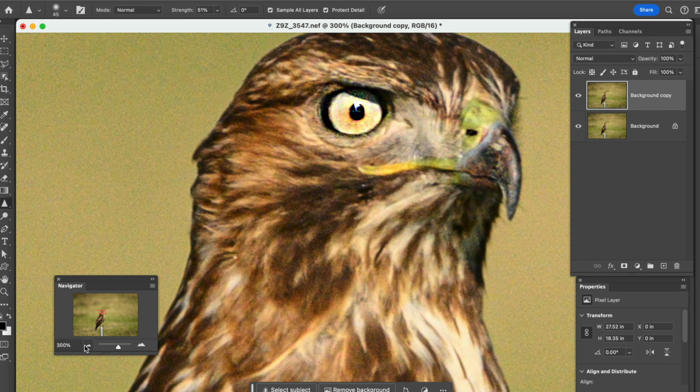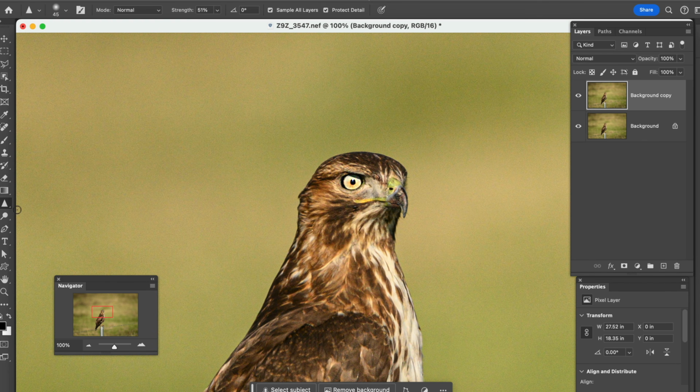So let's zoom this out. Also nested in this toolbox, with blur and sharpen, is the smudge tool. Now what the smudge tool does is it moves pixels. So watch this. If we wanted to take this little tuft and move it, we can just start moving it in, make his neck a little bit thinner. Now there might be some better ways to do this in Photoshop, of which I'm going to show you later, but for right now this just shows you what you can do with the smudge